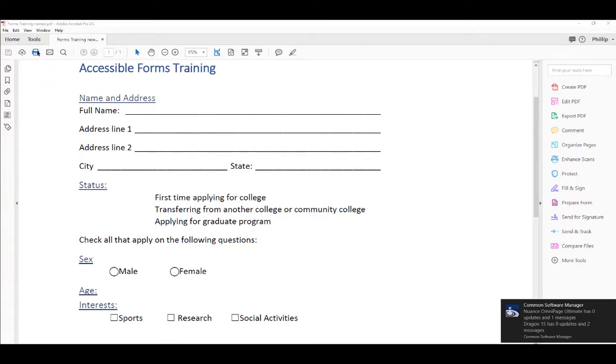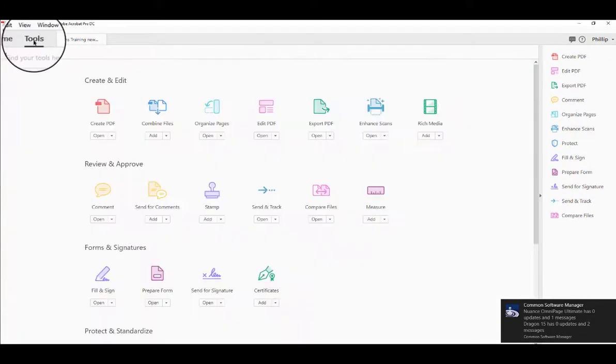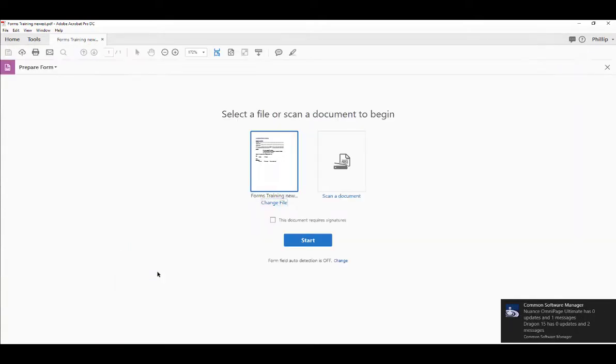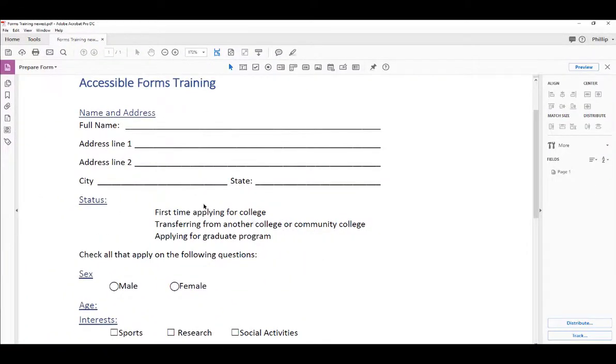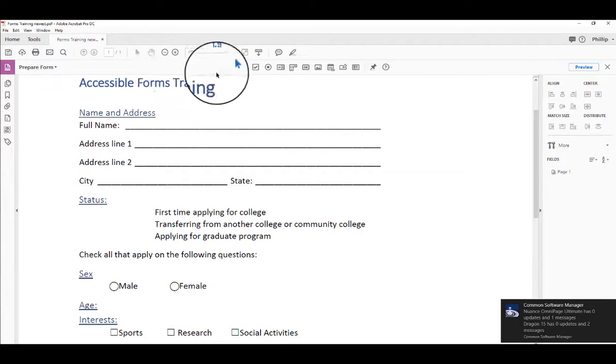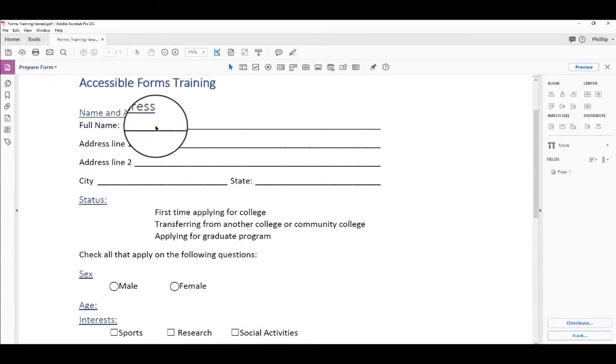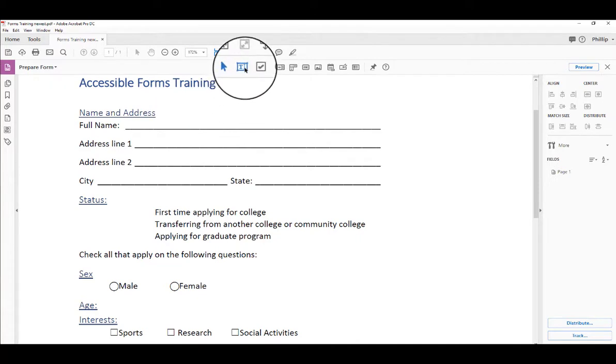So let's go ahead and come up here to Tools, and then we're going to come down here to Prepare Form. And right now I have Form Field Auto Detection off, which is what I want since I'm going to manually mark this up. So I click Start, and it just goes straight to the screen I want. You see I have Prepare Form here, and I have the tools right here. To do a field, we just click here on the second icon and drop the field in,